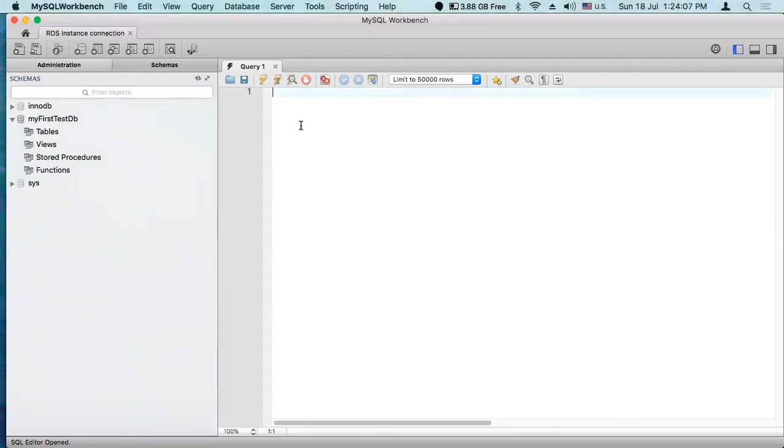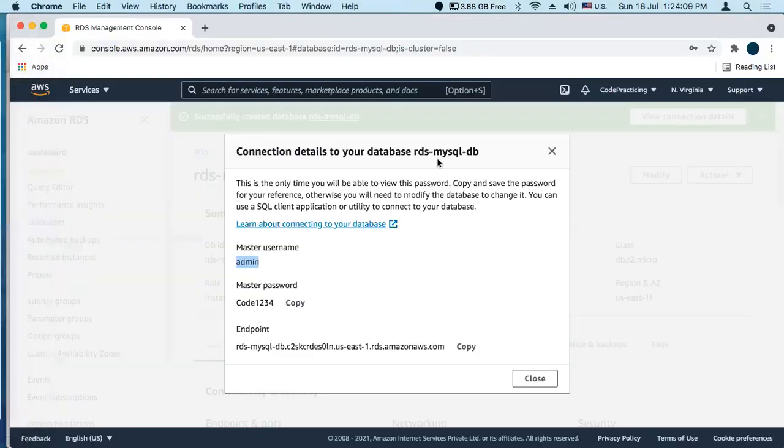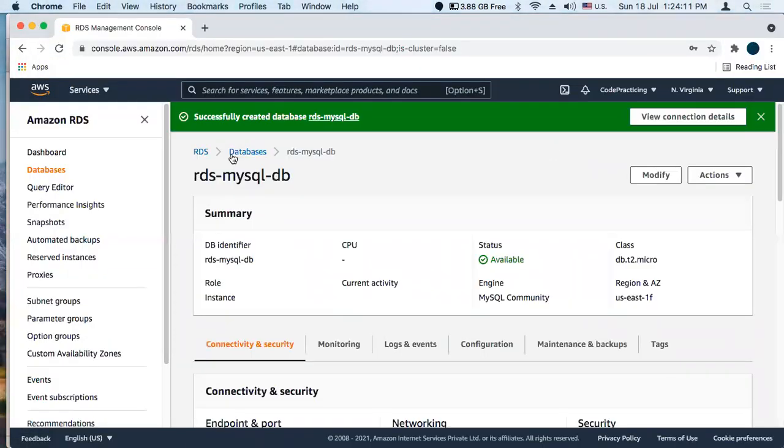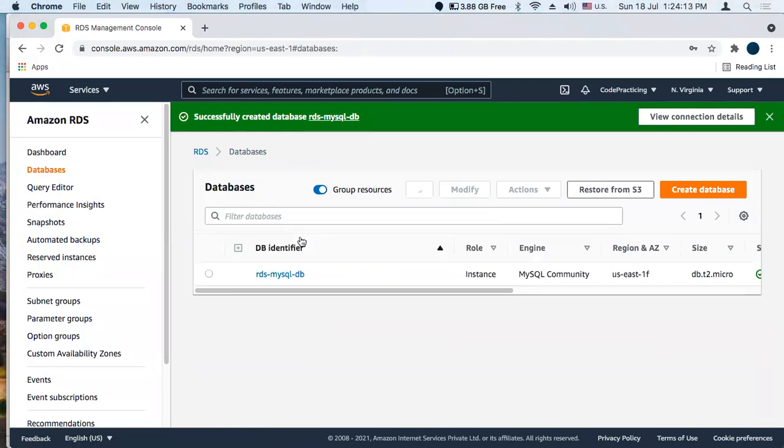So we will delete this instance. We can easily delete the MySQL DB instance from the Amazon RDS console. It is best practice to delete instances that you are no longer using, so that you don't keep getting charged for them.